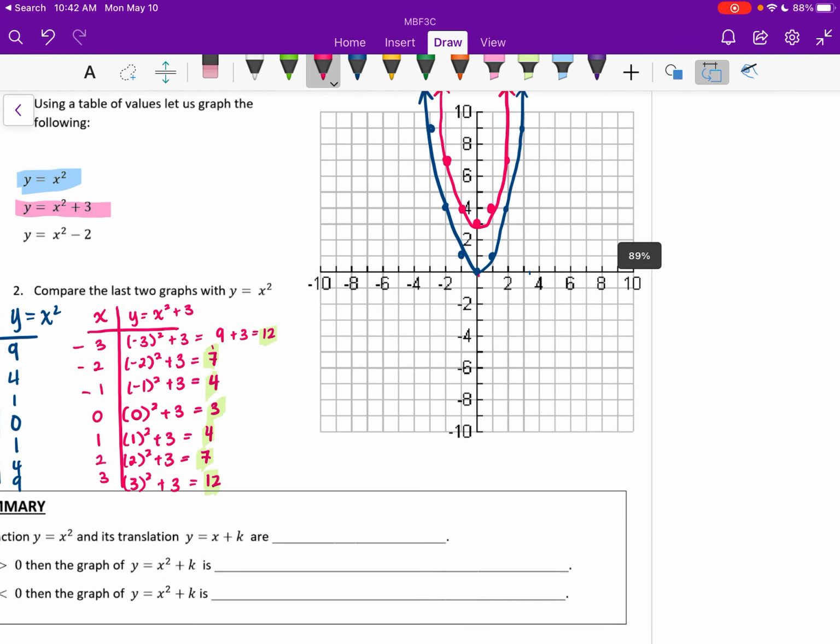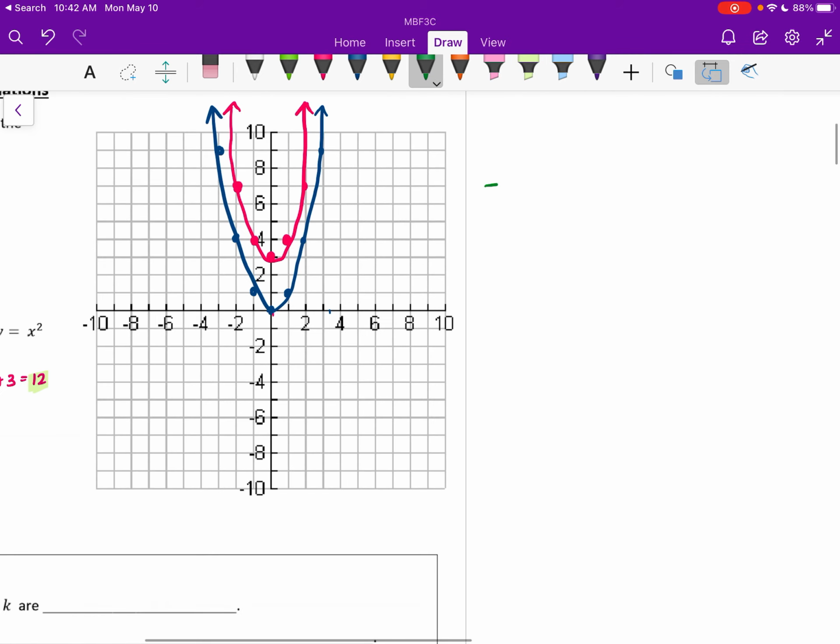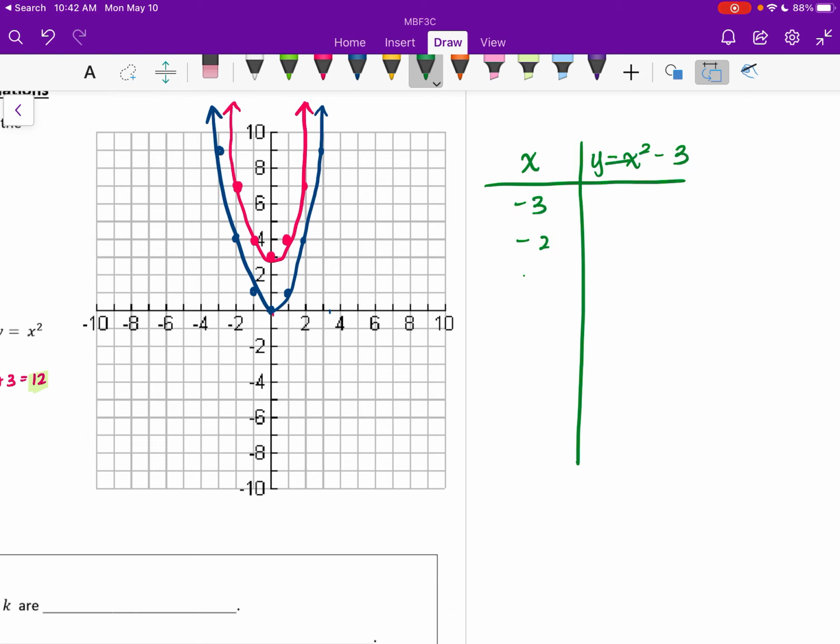So then I'm gonna do this one in green, x squared minus 2. So I'll put that over here. I'll make that table of values over here, right? Y equals x squared minus 2, right? So I'm gonna do -3, -2, -1, 0, 1, 2, 3, and then here I'm gonna do